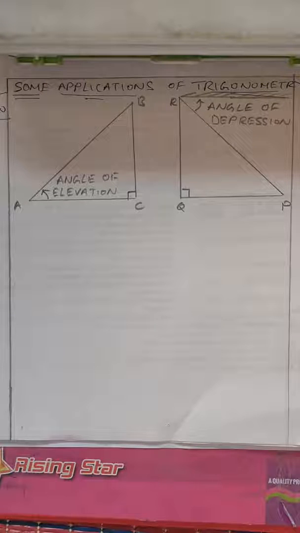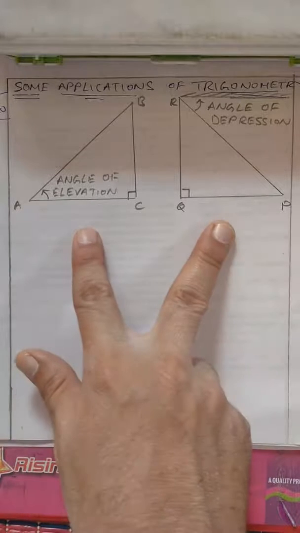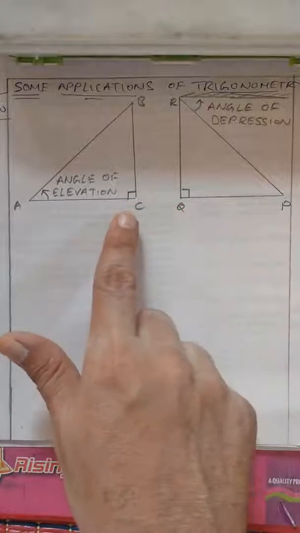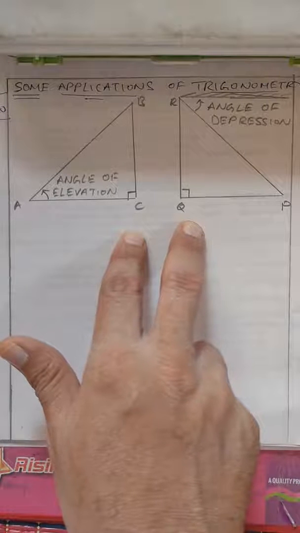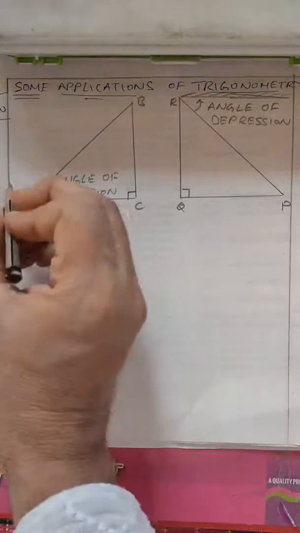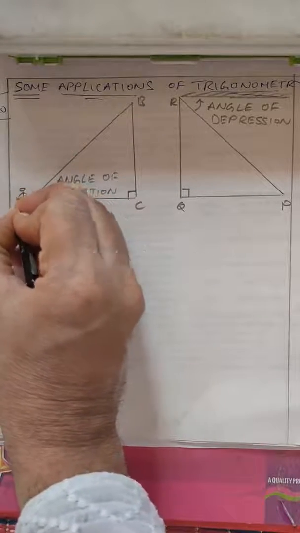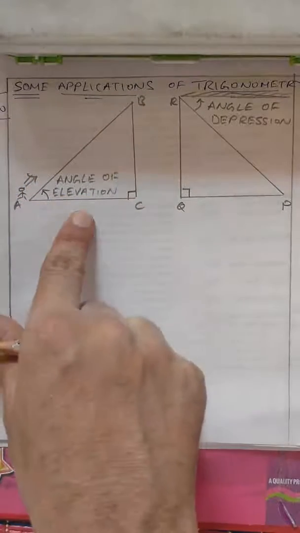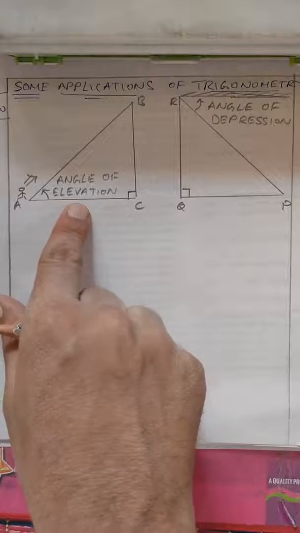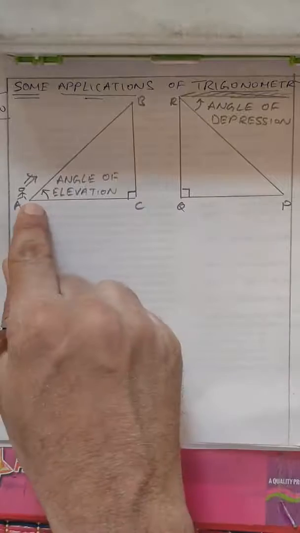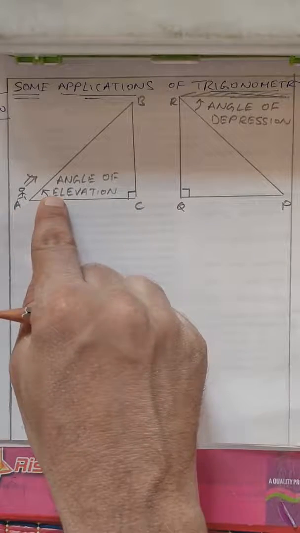But normally when we say trigonometry, it is applicable only to a right angle triangle. So here I have drawn two triangles, ACB and PQR. At C and Q, they are 90 degree right angle triangles. Here, when we are seeing from the bottom, a person is standing here and viewing the top of the building. So it becomes the angle of elevation. Angle of elevation means looking from the bottom up to the top. It is measured with the horizontal, this angle.